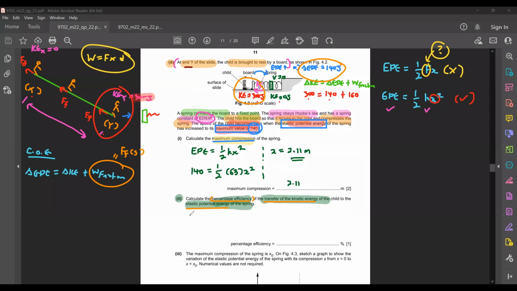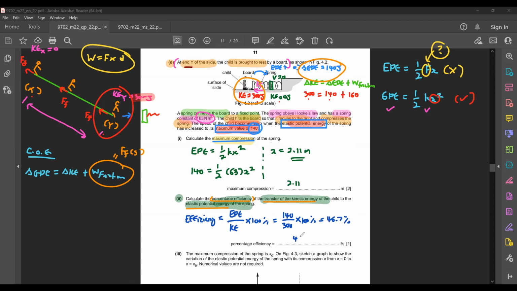So if you want to find the efficiency, it will be the elastic potential energy at the end divided by the kinetic energy at the beginning, times 100%. So it will be 140 divided by 300 times 100%, giving you an answer of